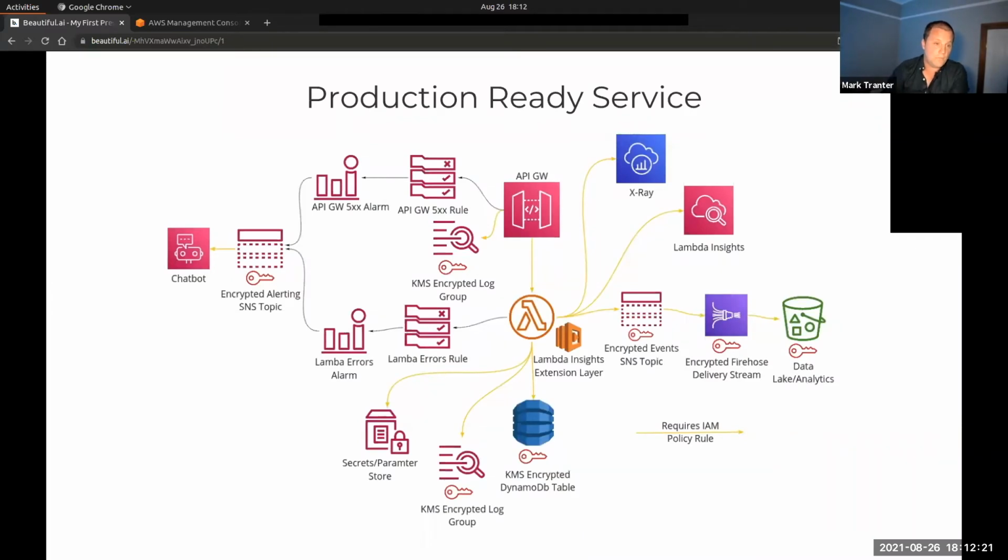And so we had a really simple service before that just consisted of 3 or 4 elements: an API, a Lambda function, a database, and somewhere to publish that data. Now, a production-ready service may look a little something like this at the end of the day. I don't want to go too far into this. It's a fairly complicated diagram. But you can see, for example, everything with a little red key underneath it is being encrypted by KMS. And then encrypting things with KMS isn't all that trivial, because then you need to make sure anything that uses that service has the relevant IAM permissions to that KMS key.